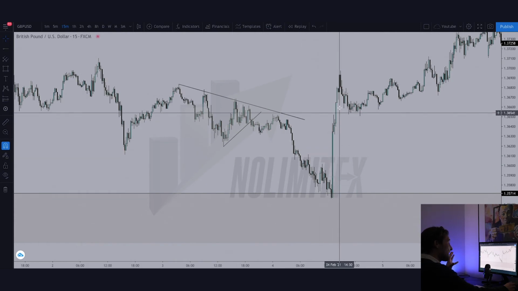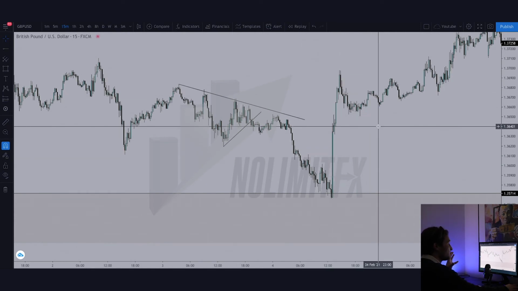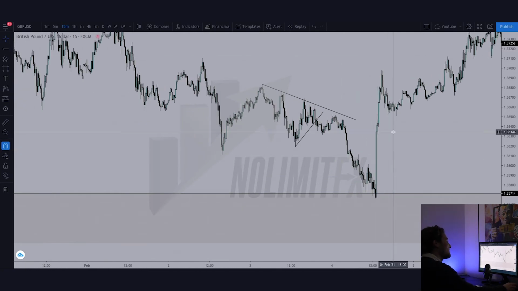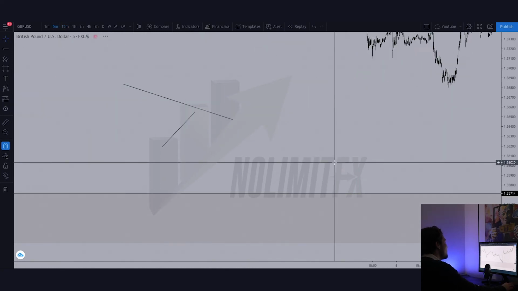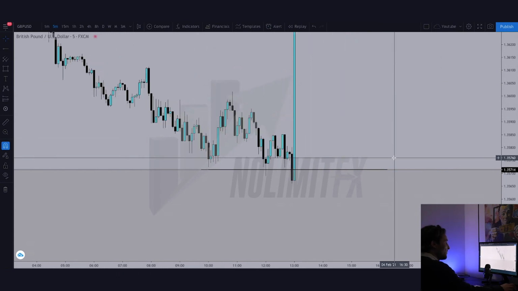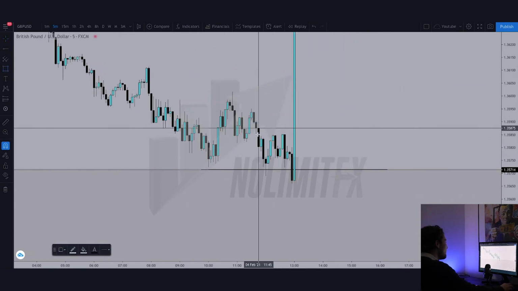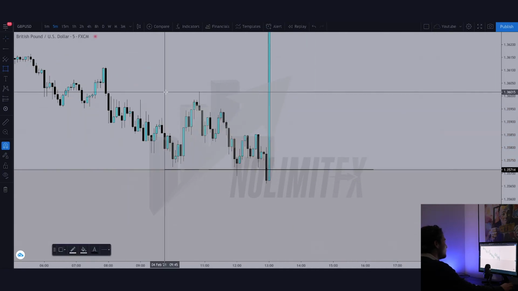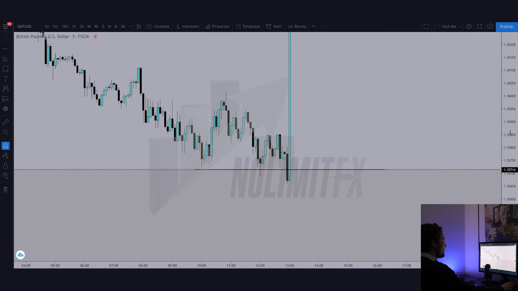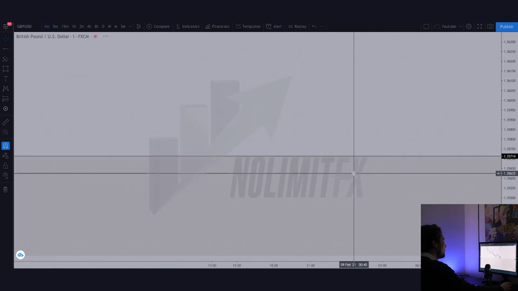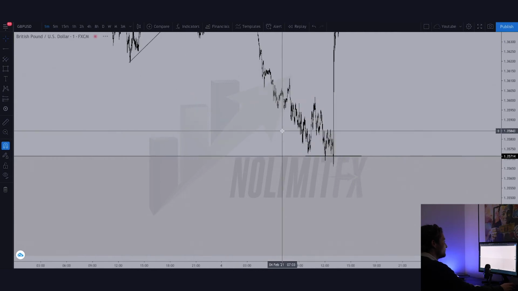Because do you think this move comes from just nothing? No. This move is because we have taken liquidity and bam, big expansion. So let's zoom on to the 5-minute time frame. Here, what do we see? Sideways market. So contraction, boom. First sign is, if we go to the 1-minute time frame, guys,